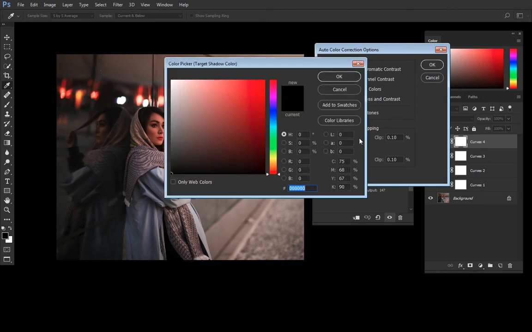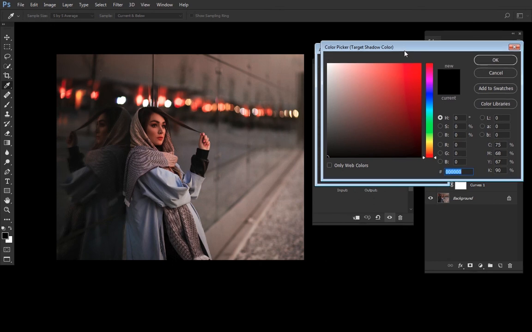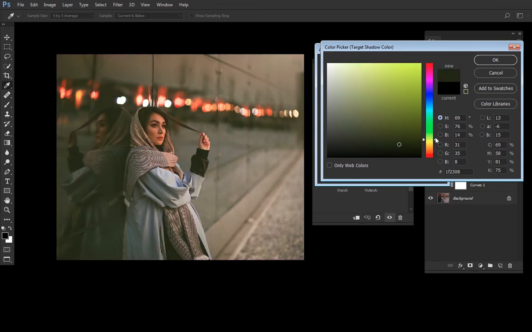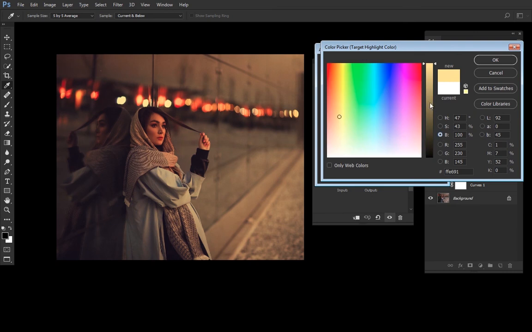Double click on this black color box to set a color for black point as we did in the eyedropper method, but this time we get a live preview of how the color will exactly look on the image. Look how cool is that, isn't it? You can easily select a color. It will save you tons of time. I'll go with the dark magenta. And for white points, I'll choose yellow with some orange in it, some kind of orange. And you can adjust saturation and lightness if required.